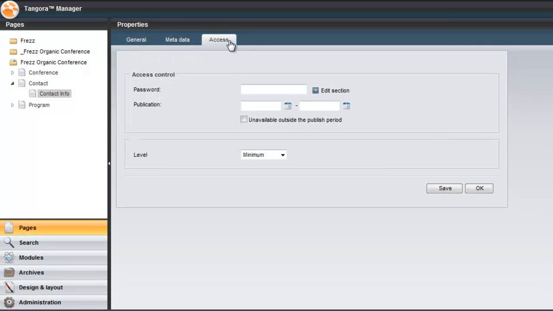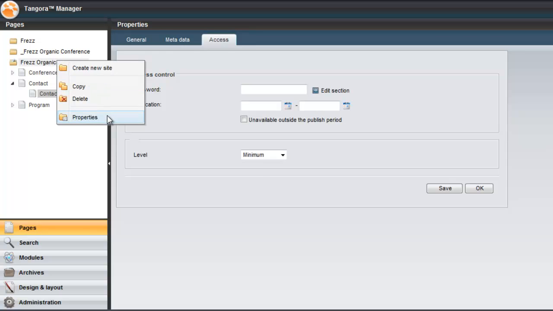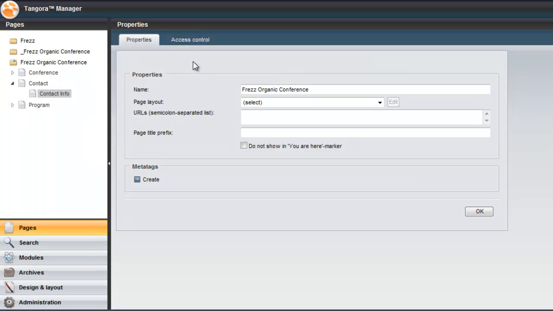The Access tab gives you the settings for when your page should be published, and it is also where you set access if you're using the user administration or external users modules. I should also mention that you have a series of properties specific to sites as well, also relating to default layouts, shortcuts, and various metadata.